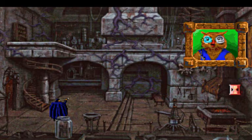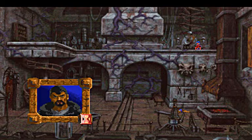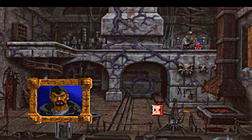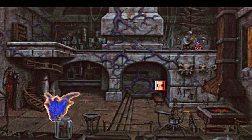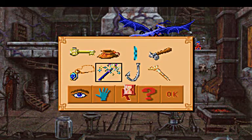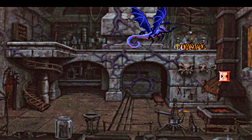Graham, I've heard from Crispin. What the? What have you done to my wand? You think you can outwit me, little man? Ha! Let me show you a thing or two. Crispin's wand glows brightly with renewed power. Why, you little...